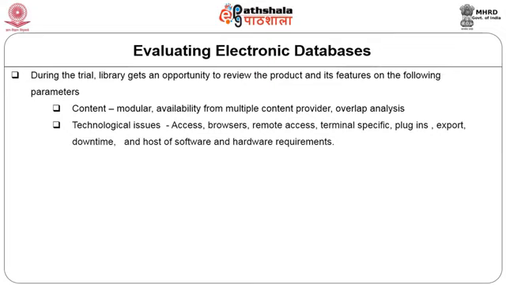Sometimes a particular resource may not be available on an IP range. You have to have a specific infrastructure which will host the content, and it may not be available on the internet. So these are some of the technical issues that have to be evaluated apart from the content, where the library has to make choices with regard to access, the browsers, the remote access facility, downtime, and a host of other